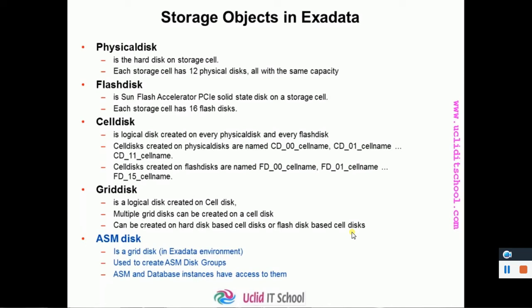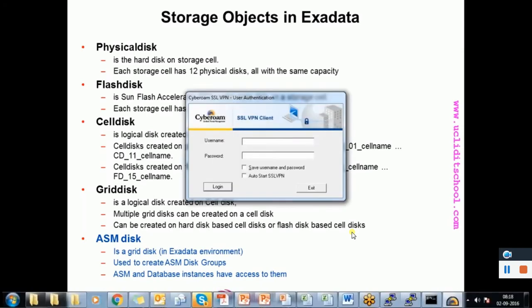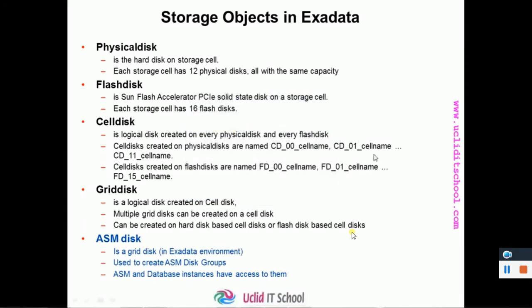bigger disks. For example, in the latest version, which is X6, the disk capacity is 8 terabyte, because nowadays we are getting 8 terabyte disks. But if you go back a few years, at that time there were no 8 terabyte disks. So the older versions may support disks with less capacity, maybe 2 terabyte, or 1 terabyte, 500 GB disks like that. But the 12 is fixed.